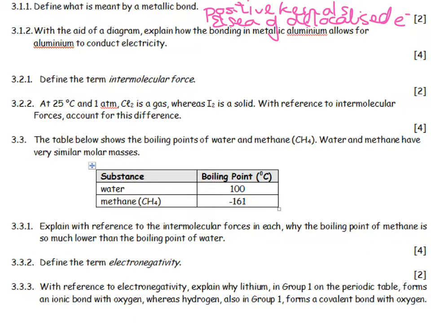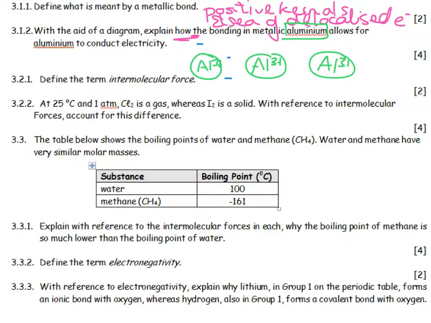You then need to say, with the aid of a diagram, explain how the bonding of metallic aluminium allows it to conduct electricity. They were specific about aluminium, and most of you didn't answer very specifically with aluminium. What happens with aluminium is it becomes 3+, and it sticks 3 electrons into the sea of delocalized electrons. So, in an ideal world, if they're going to give you aluminium, best you actually use aluminium to explain your